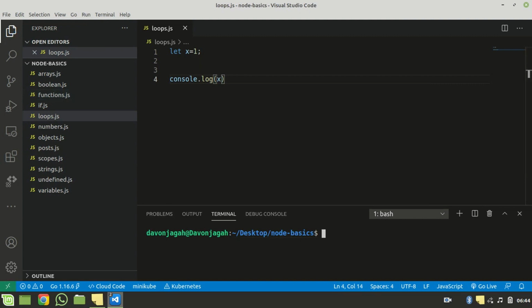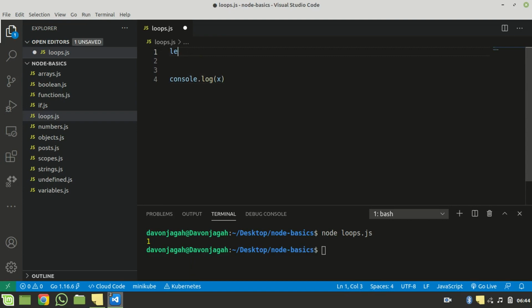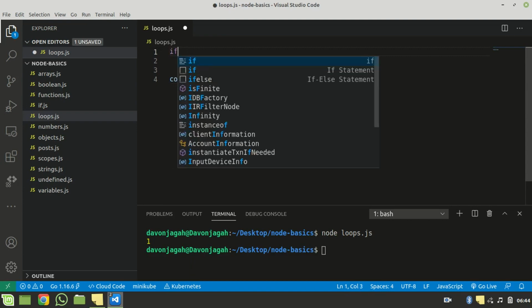and you run node loops.js, you can see that we have 1 printed out to the screen. Now the difference between let and the var keyword is just that when you declare a let variable in a block statement, for example, if